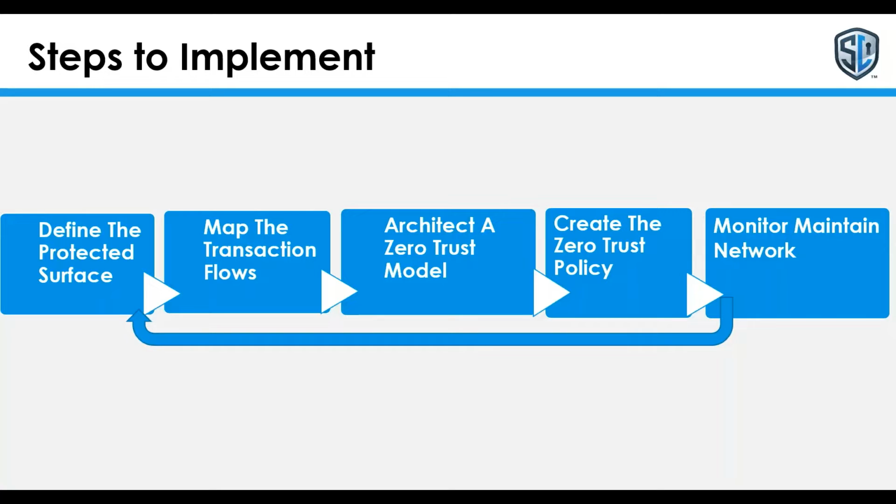Map the transaction flows. Who needs access to what? We'll go through a couple of examples of transaction flows to help make this more concrete. Architect, which is a terrible verb, a zero trust model. Maybe because it's a noun too, right? Build your zero trust model, create the policy, and then monitor and maintain the network,